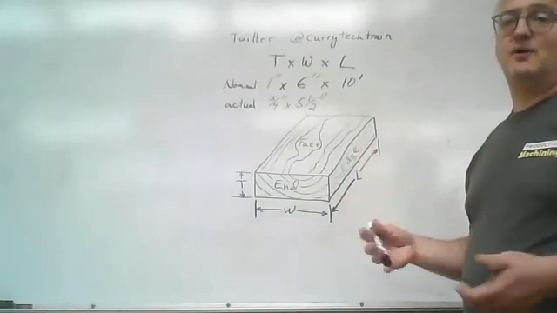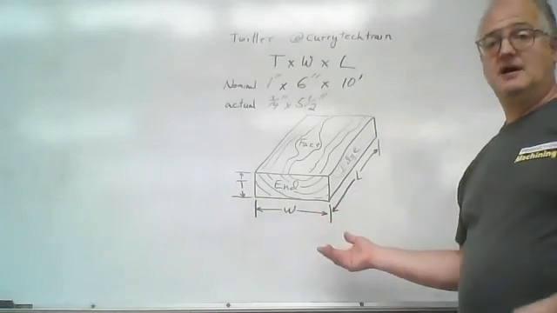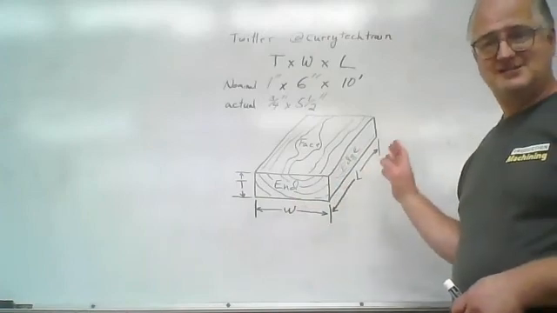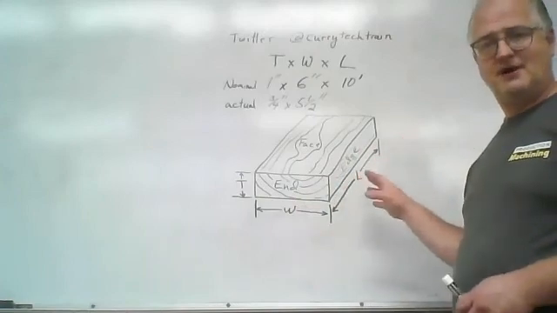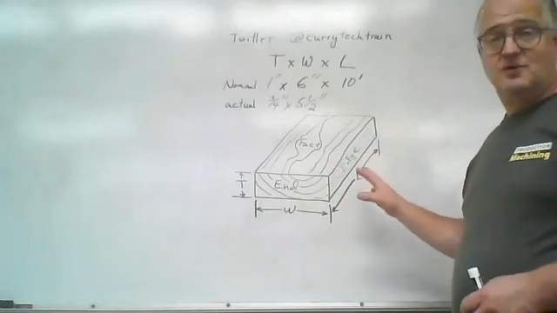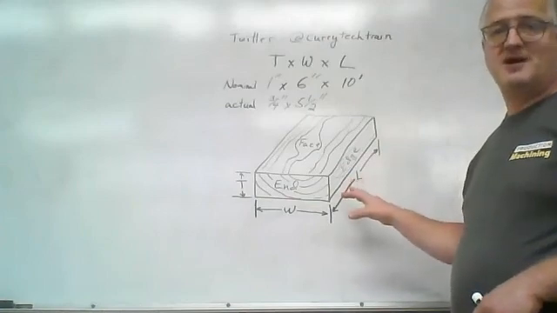You're going to take your measurement from the end, or maybe you'll take a measurement from an edge, something along that line. So this terminology is pretty important for us to get to know as we go. So that's a quick little lesson on the 6 sides of a board and proper terminology, what we call it,